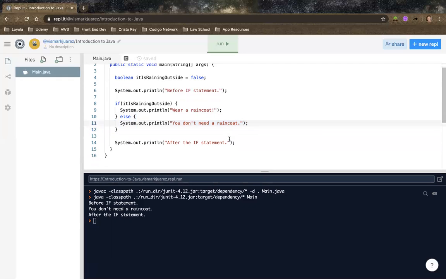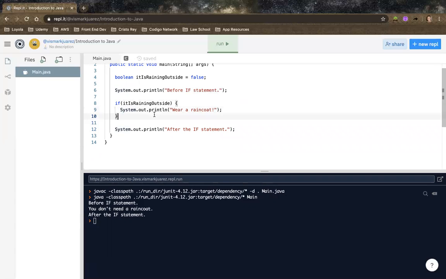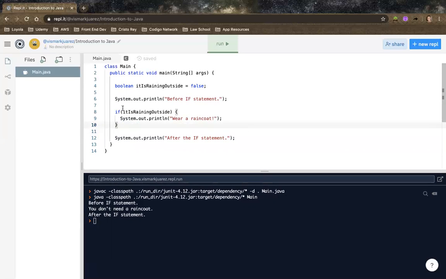Okay. So one last thing to consider before concluding this section on conditionals is you can also check for the conditional to not be true. So in this case, let's do true, it is raining outside. In case maybe you don't want to have an else statement here because the notation